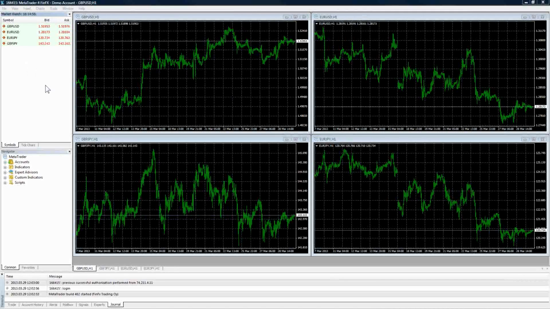Now, one of the things that I learned early on, when I was running a lot of different systems, a lot of different platforms and a lot of different charts running, and I had several different software programs going, I started to notice that my computer could get kind of sluggish. It could slow down a little bit.